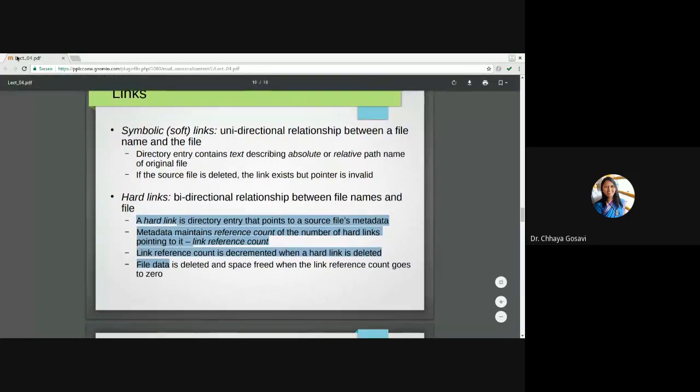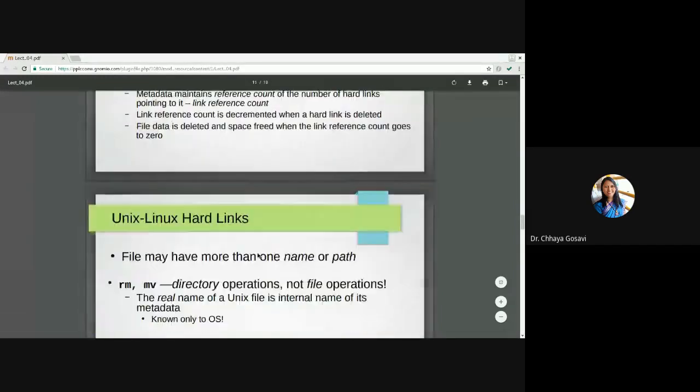So, I would like to explain with yesterday's diagram. Here.